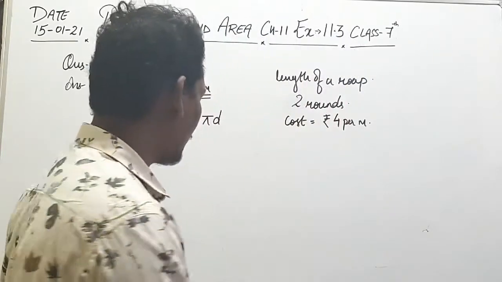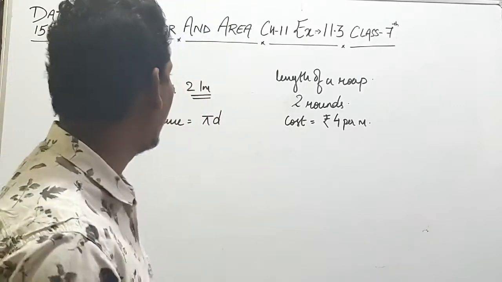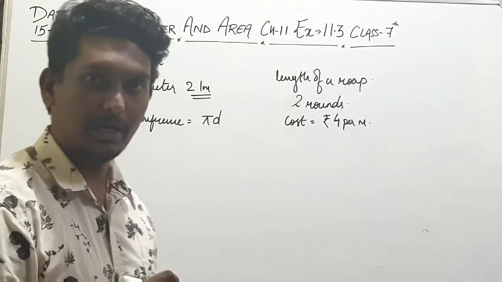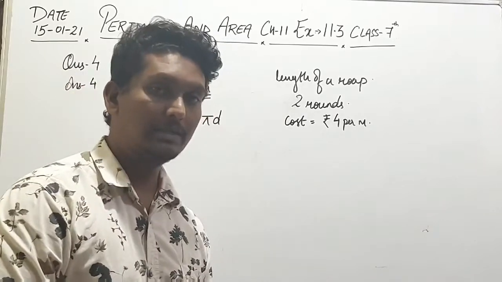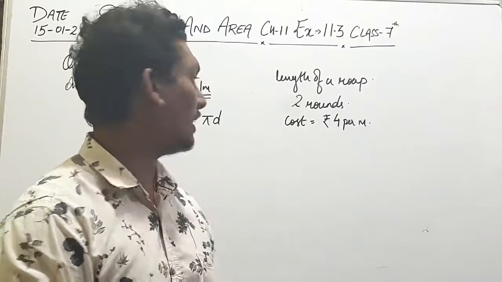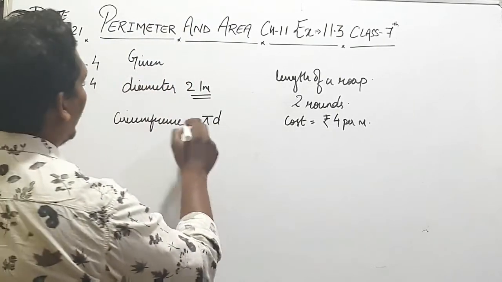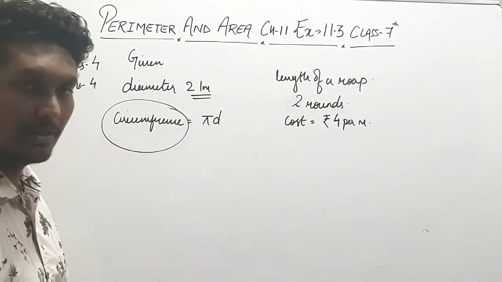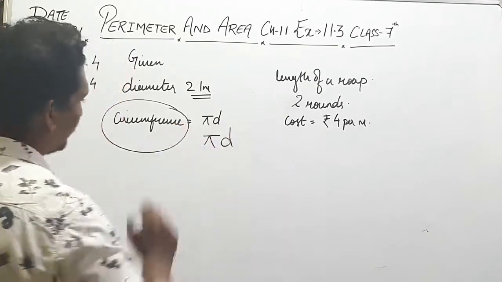Okay, so this question is homework for you. So how to do this? Since diameter is given there, 21 meter, you have to find the circumference. Why do we have to find the circumference? We are just talking about fencing the circular garden. So the term fencing came, it means we have to find the circumference first. Since the diameter is given, the formula will be pi d.